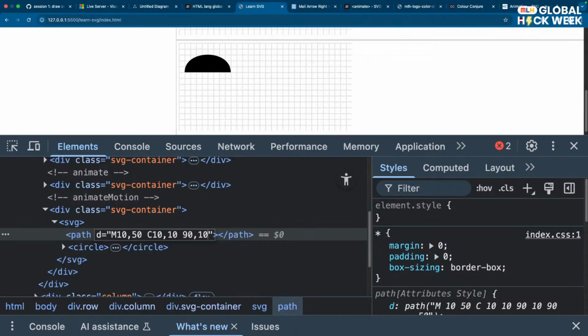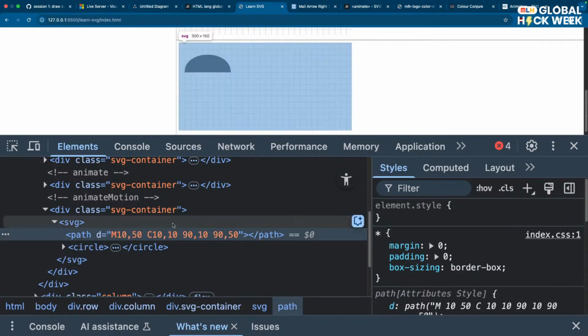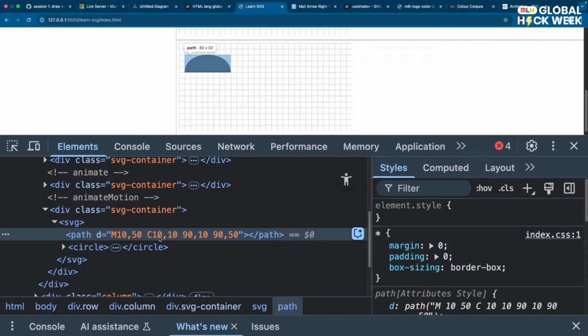Oh, interesting that it needs at least three more. Okay, cool. Anyways, so I'm trying to draw a curve here, and let's say I want this to be 80